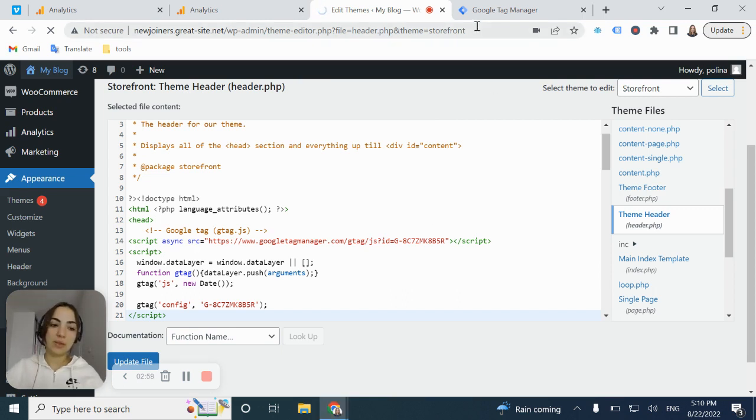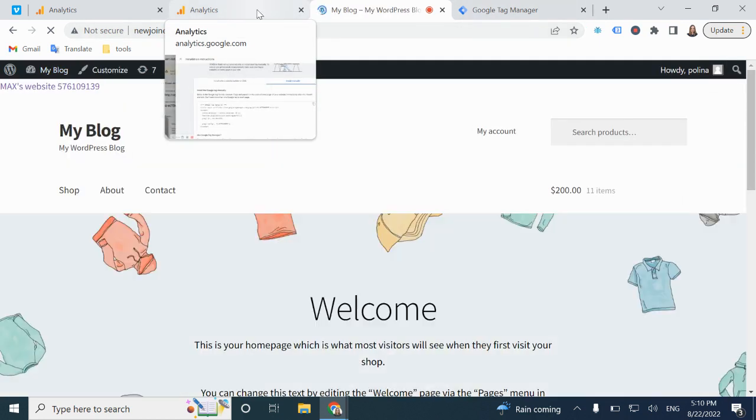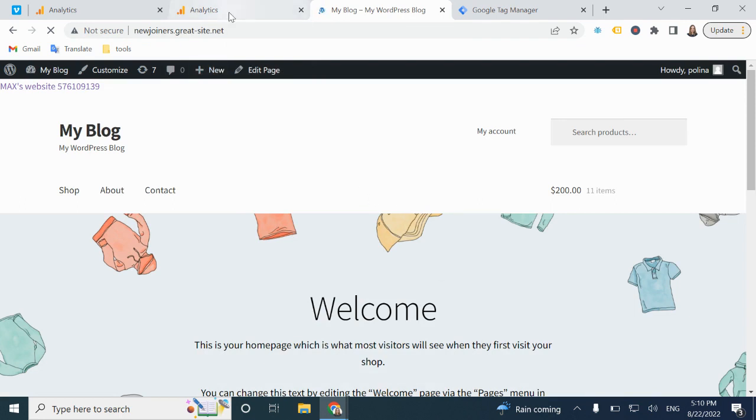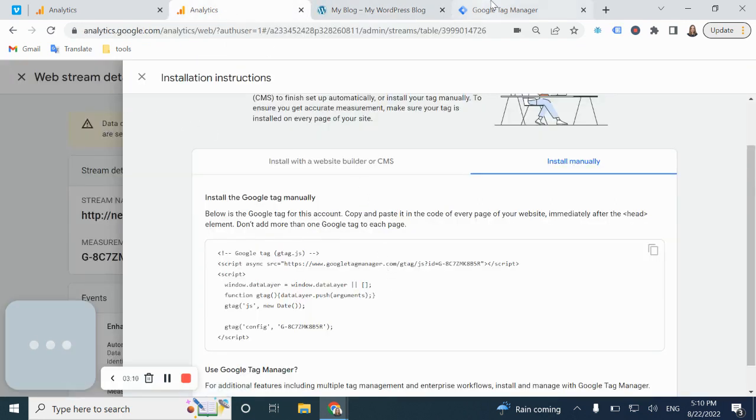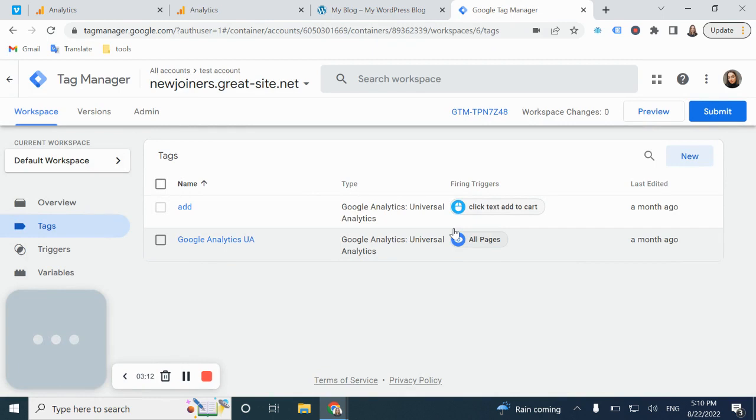If we are talking about the third option, how to implement via a GTM account, if you don't know what GTM is, please go to our YouTube channel. You'll find a video and some instructions on how to create this kind of account, and what this tool is about. And I believe that you're going to love it as much as I love this tool because it makes everything easier. All the implementation stuff will be done in a few seconds. So let me show you how it's going to be done in GTM if you would like to implement the GA4